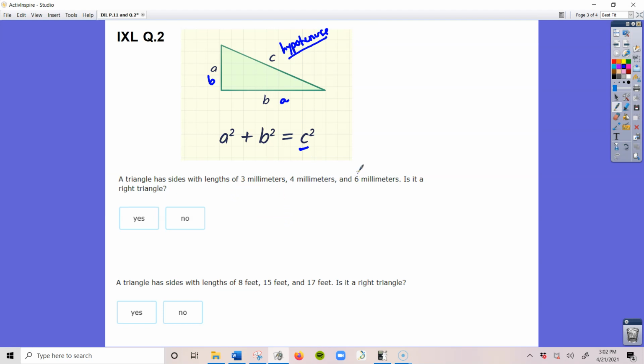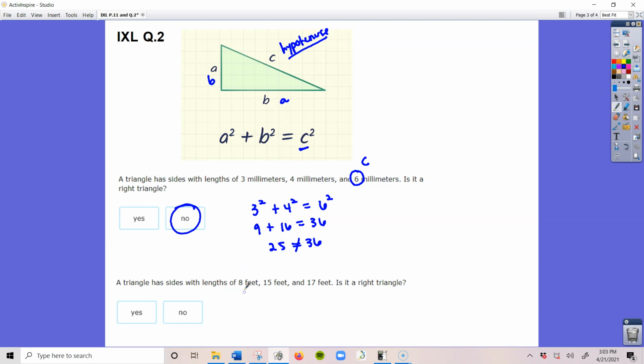I look for my longest side. That will be C. These two will be A and B. So we do 3 squared plus 4 squared, and that has to equal 6 squared in order for it to be a right triangle. 3 squared is 9, plus 4 squared is 16, and that should equal 36. 9 plus 16 is 25, and 25 does not equal 36, so no, this would not be a right